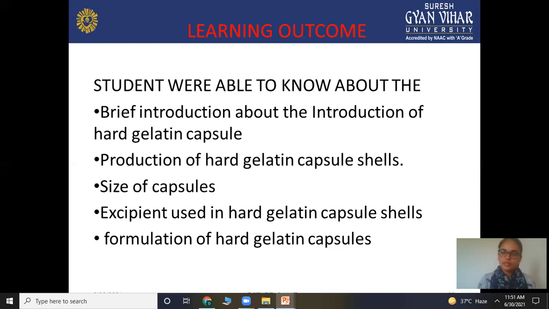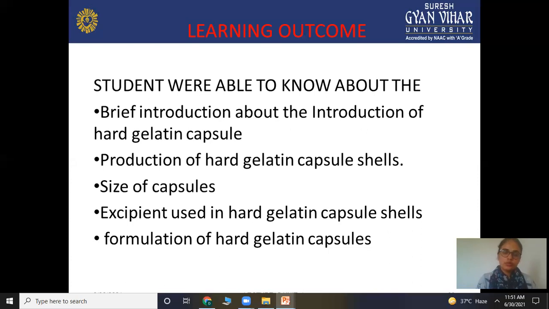In this, if there is an excessive part of the cap and body, then you can remove it with the help of trimming or a cutter. Mainly a stationary knife is used for this trimming. And after trimming, the cap and body are put together by ejecting the formulation. This takes place on some machines.